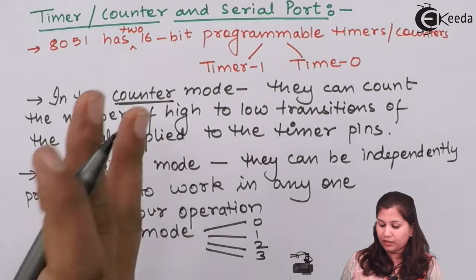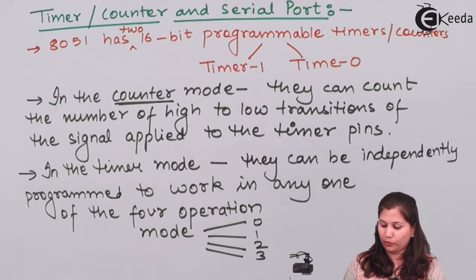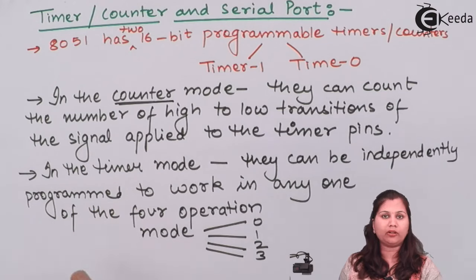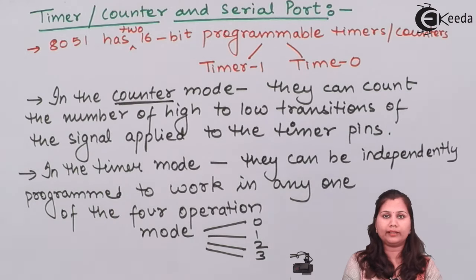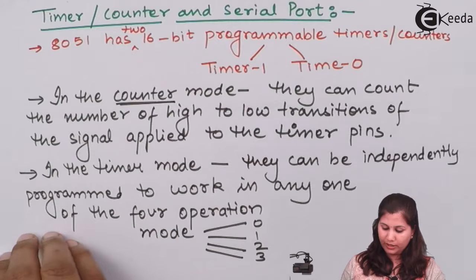So there are these two 16-bit programmable timers and counters. They can act as counter also and as the timer also. In counter mode, they will perform the counting operation, and in timer mode, they will be operating in either of these four modes: 0, 1, 2 and 3. So let's see what will be the operation of these timers in these four modes. In mode 0,